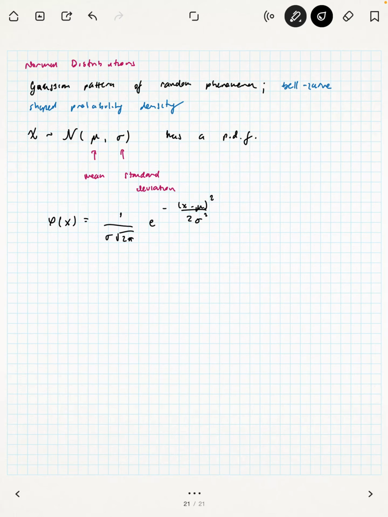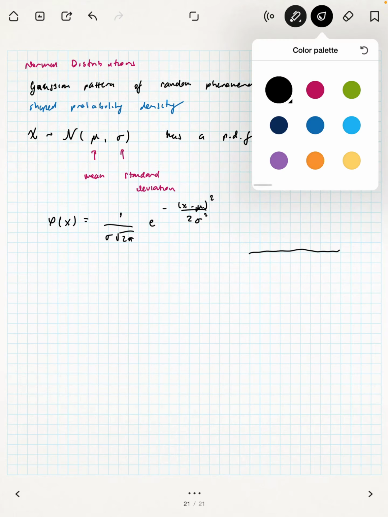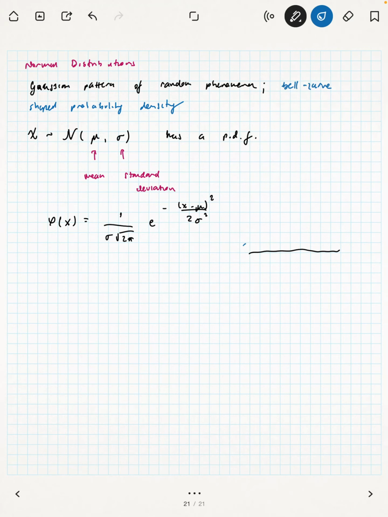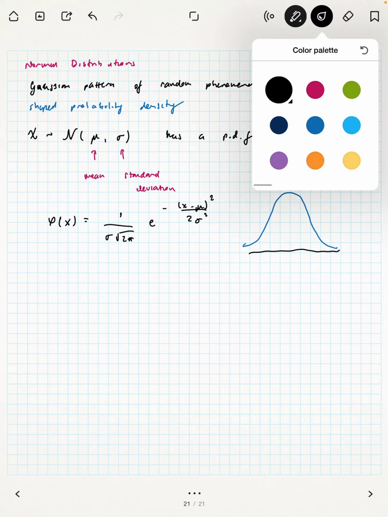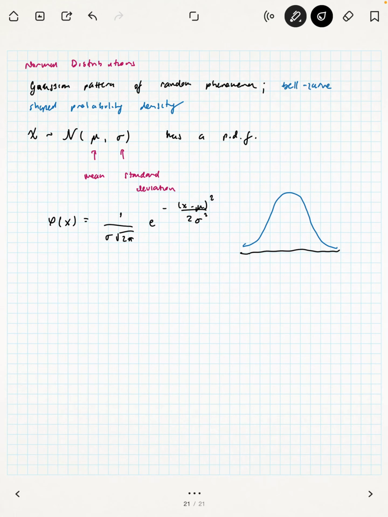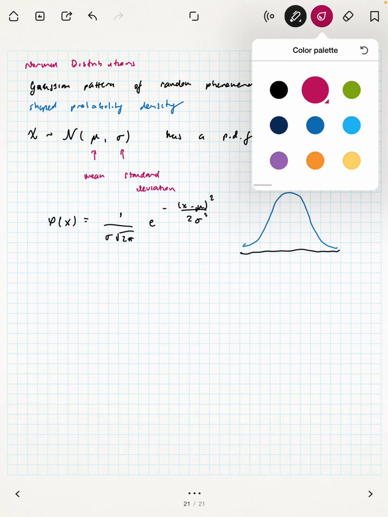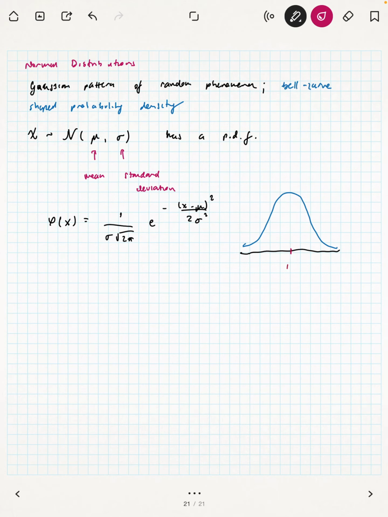Okay, so this looks roughly like this. I could have drawn a better bell curve, sorry about that, but at the peak, the mean, okay, and then one standard deviation away from the mean is roughly 66% of the whole